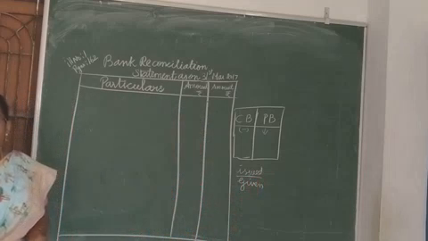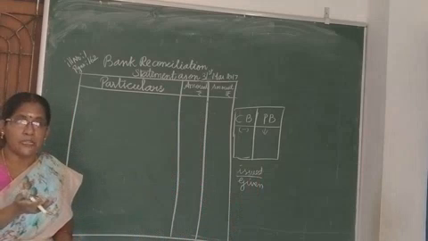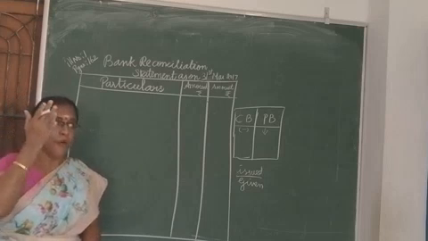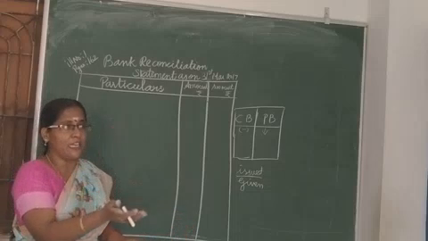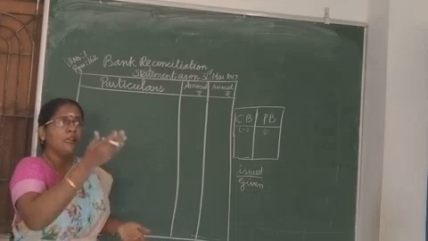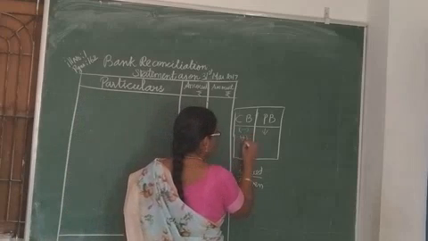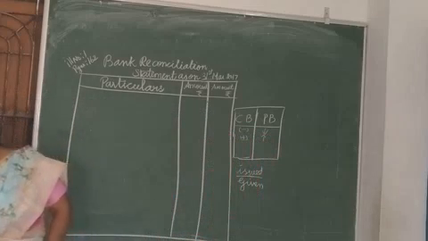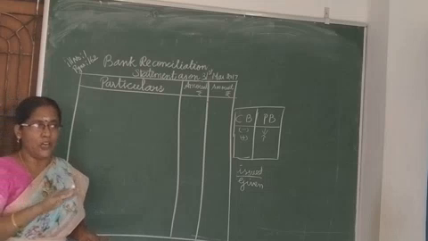So check issued but not yet presented for payment. What is the consequence? What is the effect? Our bank book, passbook balance will be more, because the party will go and put the check for collection. Then only the amount will decrease. Up to that, the amount will be increasing. So it will increase the balance. Want to add? Are you clear? Then bank interest charge rupees 100. So bank charged the interest.